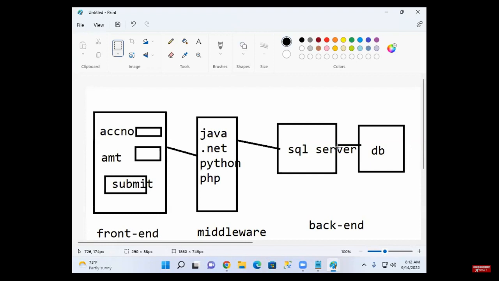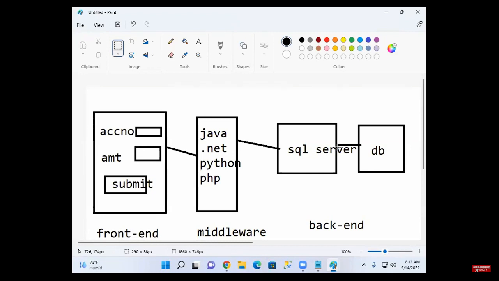Some students will ask, sir, do you cover any project in this course? Remember, with only SQL Server, you cannot do the project. With only HTML, you cannot do the project. With HTML, what can we do?